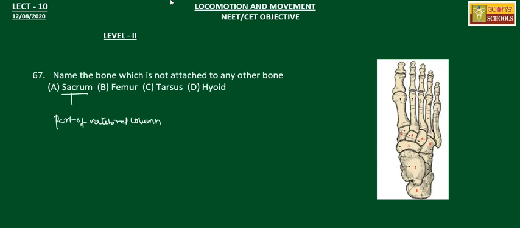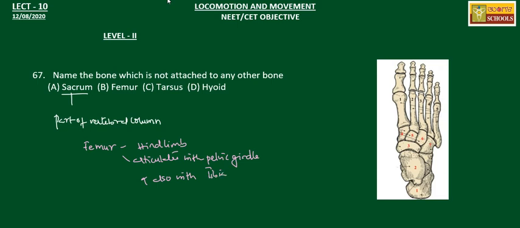So this one is in connection with bone. Then coming to the femur, it's a part of the hind limb, and it articulates with the pelvic girdle, and also with the